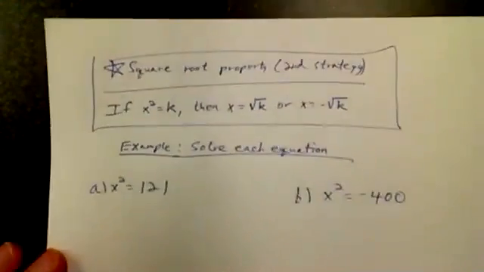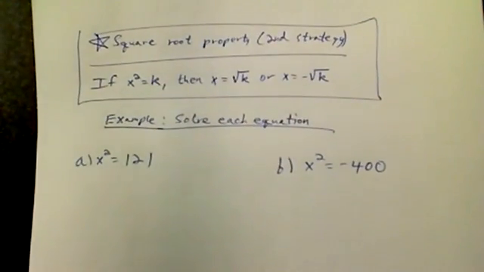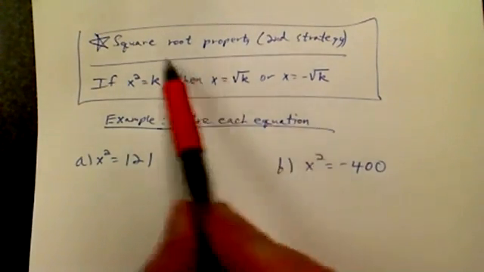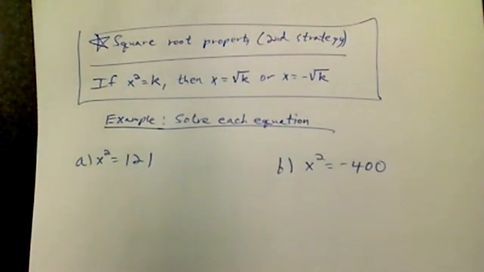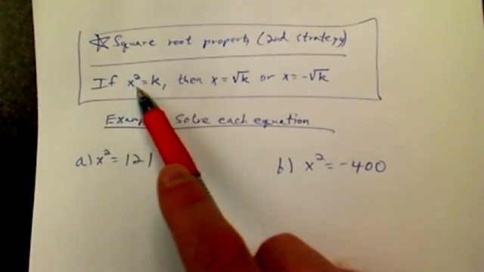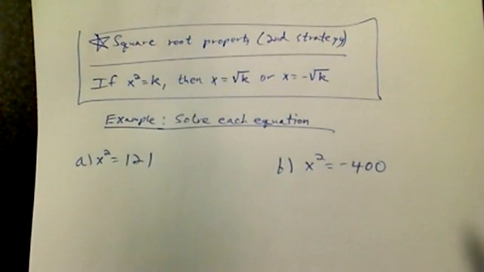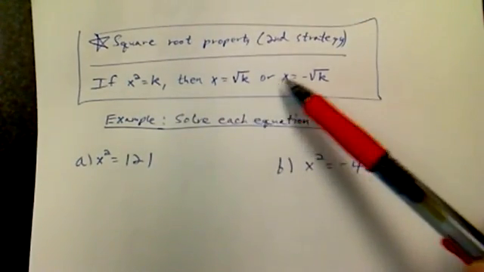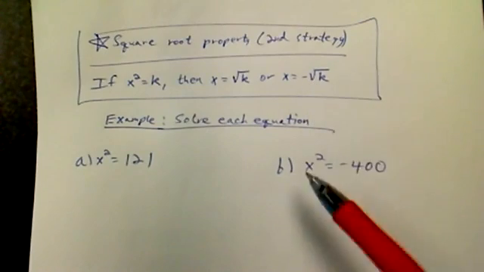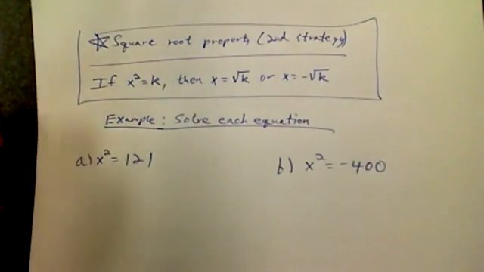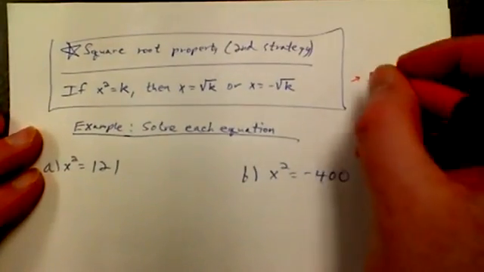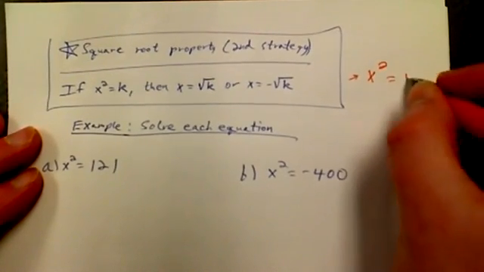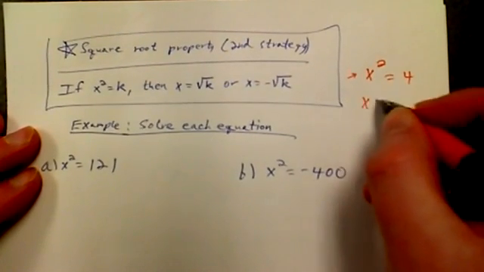Okay, guys, second strategy for solving quadratic equations. Using the square root property right here, we'll call this our second strategy. It tells us that if x squared is equal to k, if we take the square root of both sides, that means x is equal to square root of k or x is equal to negative square root of k. If you remember, just a quick example is if I had x squared equals 4 and I took square roots,